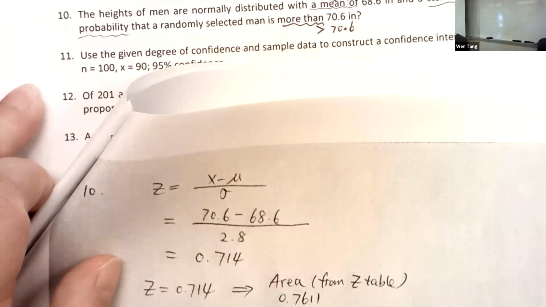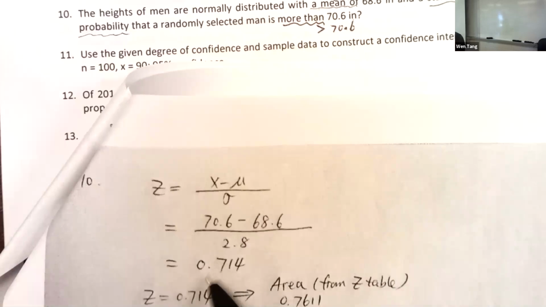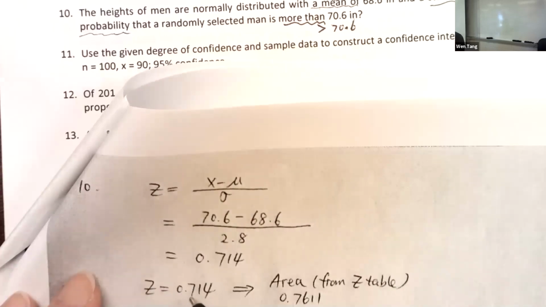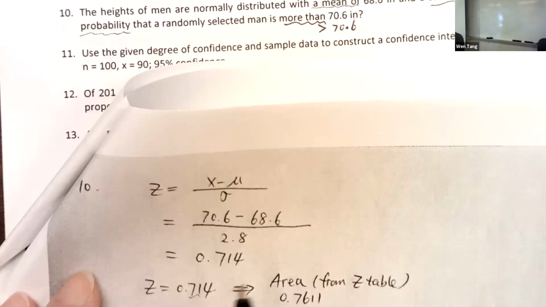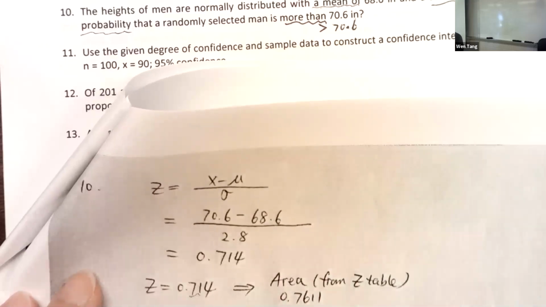We have the area is 0.7611. This value is directly from your Z table. Again, we use this Z, 0.71. Actually, we only need to keep 2 decimal places, right? Because in our Z table, we only have 2 decimal places for Z. So for 0.71, we have this area,